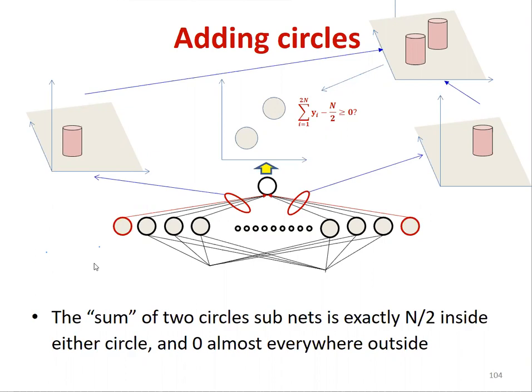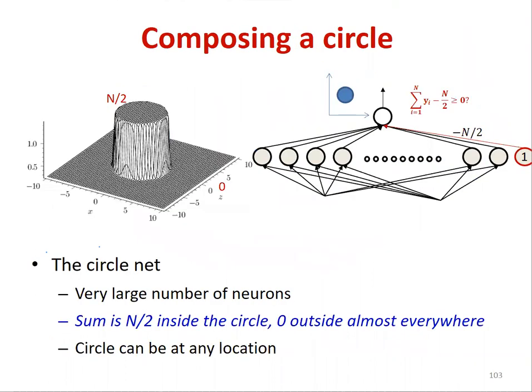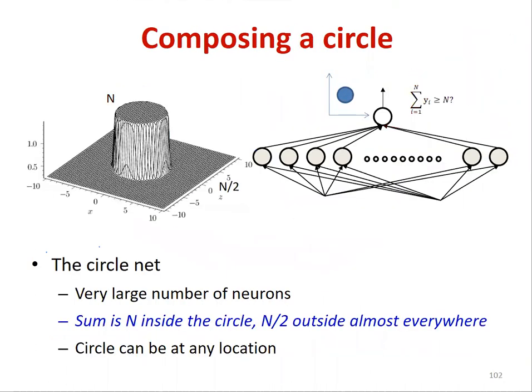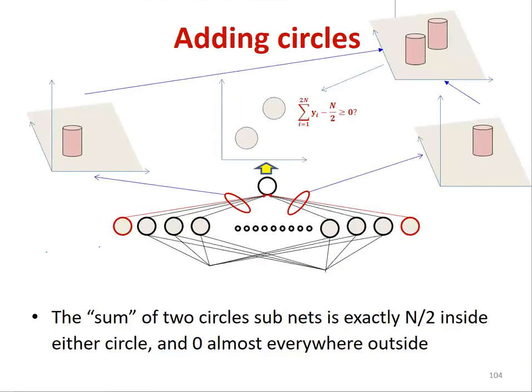The key to this was that I kept increasing the number of sides. How is the n/2 bias important in a circle? Because the n/2 bias makes the sum 0 outside. That way, these two cylinders won't interfere. Otherwise, the sums just keep adding up, right? So it keeps the height constant, n/2.